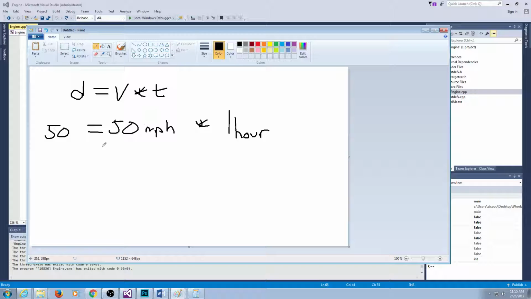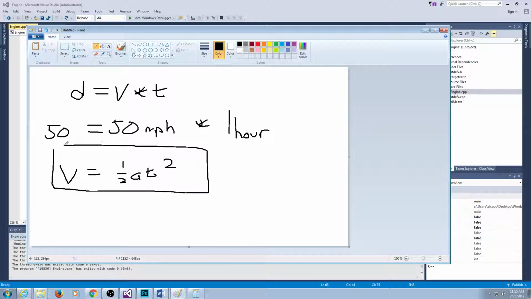So velocity here is also a factor of acceleration. There's actually a formula here for acceleration. It goes 1/2 a t squared. This is something that you will learn in physics. I recommend that you understand how these two things relate to one another. But if you want to know how fast you're moving, given that you've been accelerating for an hour, let's say